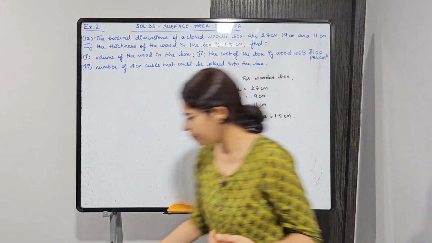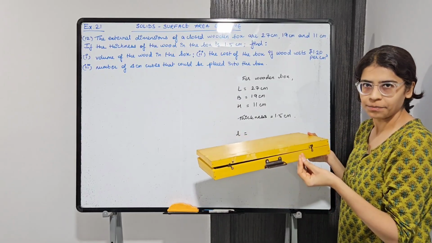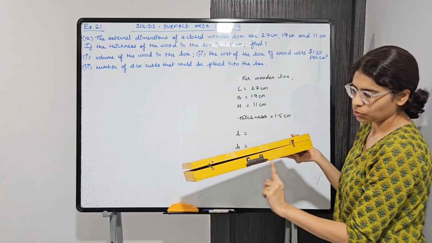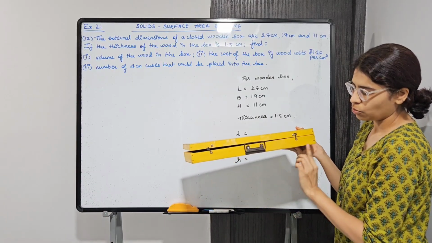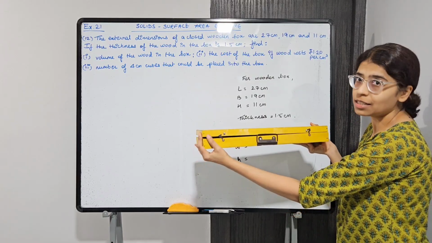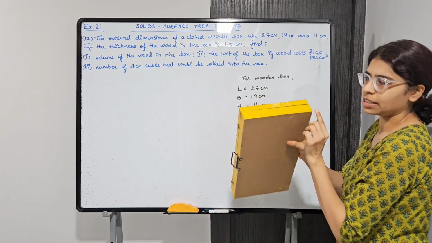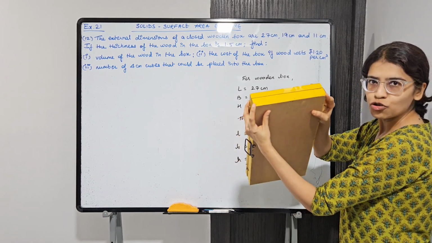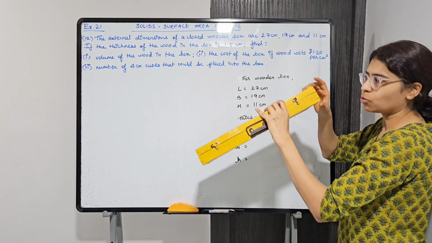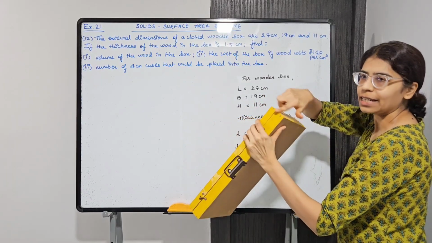Let's understand. There's a wooden box, a cuboid shaped box here. So length, breadth and height is given to us. This will be the length, from here to here. This is the external length of the box. Breadth from here to here. So breadth is this much and length is this much. And it has some height. So this is the height. So external dimensions we know, length, breadth and height, it is given to us.